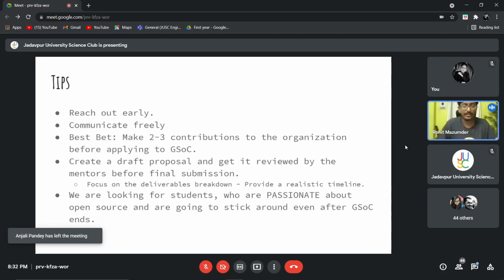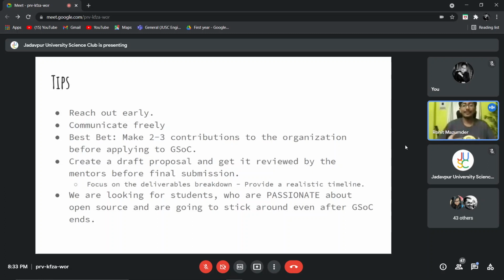The next important thing is to communicate freely. Communication, guys, is a very important factor in Google Summer of Code. As I have said before, it is an open source community, and open source means there is a lot of collaboration. Because of these collaborations, we always need a student who can communicate freely with us.